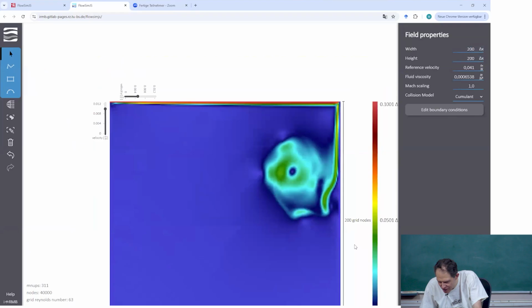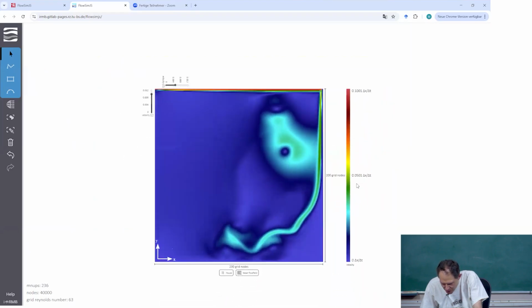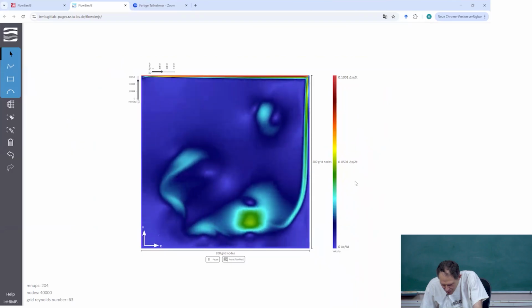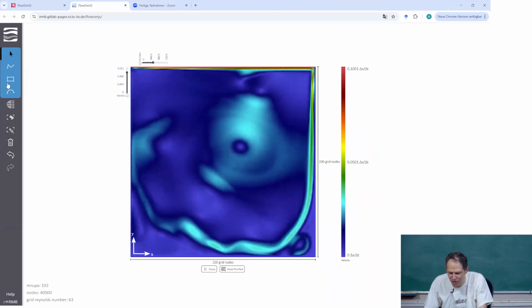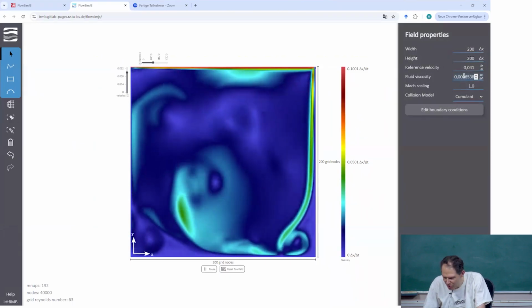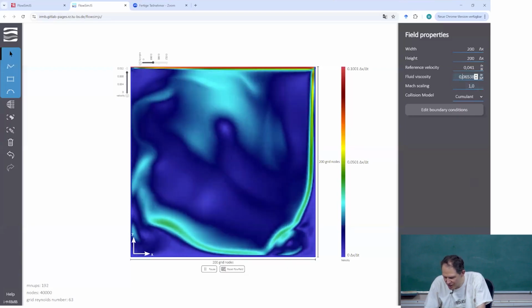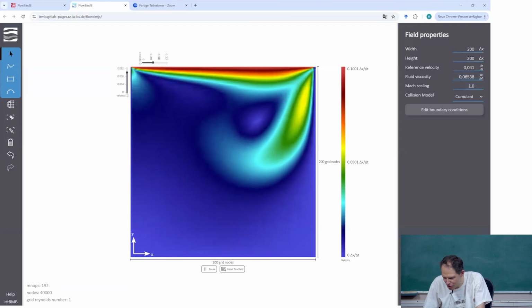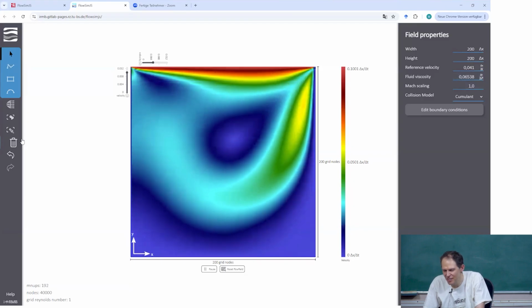200 by 200. Save changes. So I have to scroll out a bit. Okay, now this is your favorite lid-driven cavity simulation, in which we can change other things. For example, the viscosity. So if we have the viscosity much higher, then of course we get the usual, what